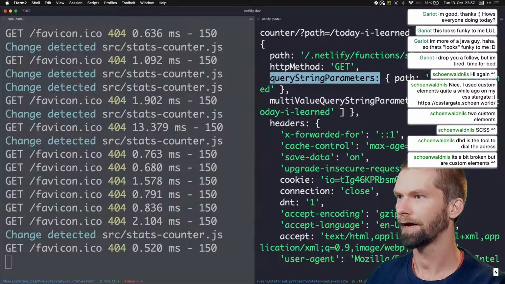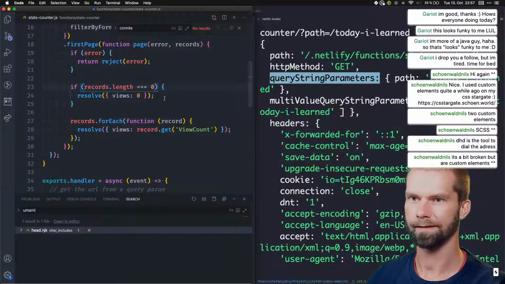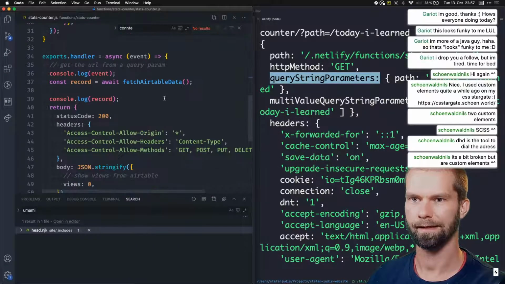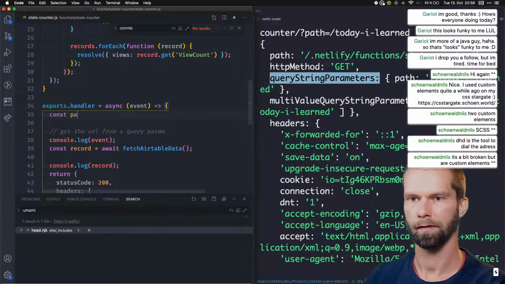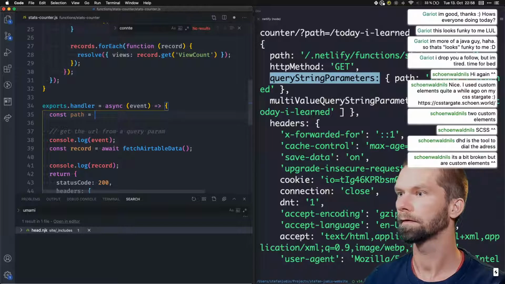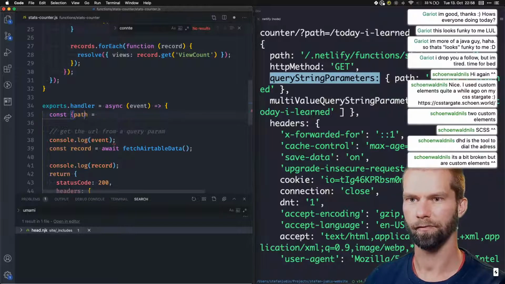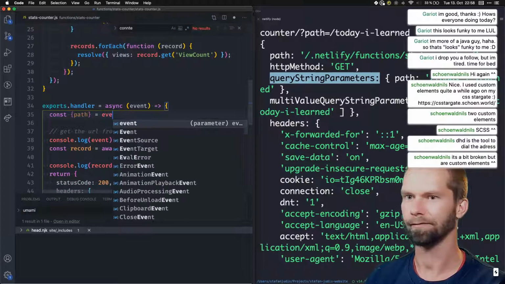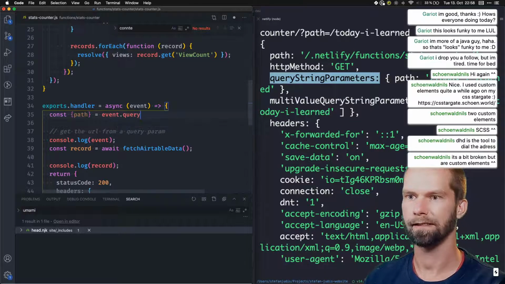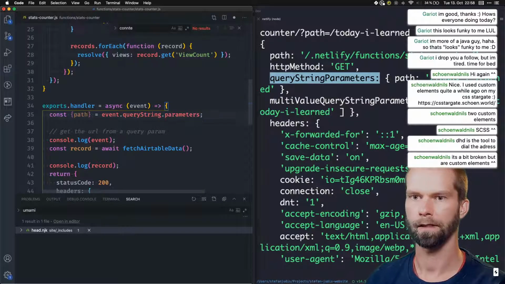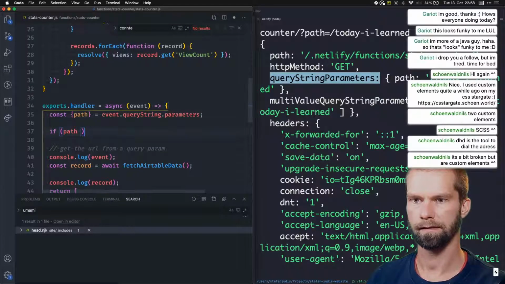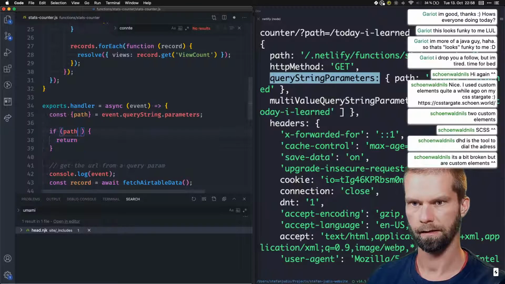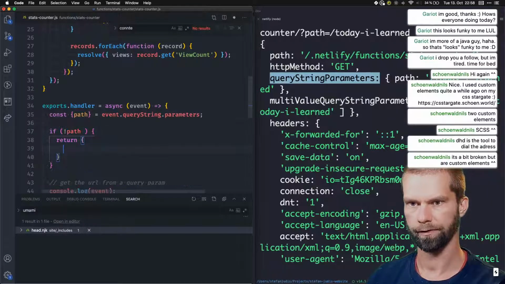Query string parameters. Well done. Nice. I love that. So let's do const path. Oh, I love that. We can grab that directly from event query string parameters. If not path, let's exit this early in case something is there. If not path, return